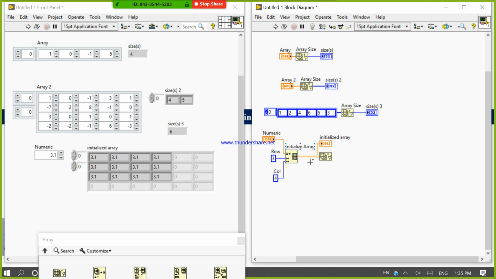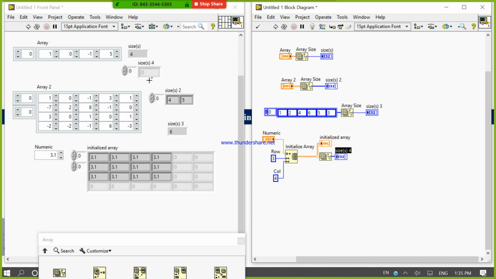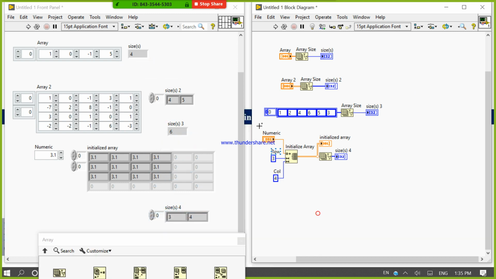Now we can design the 2D array also. And what will be the size? The size of this 2D array will be 3 cross 4. So it is an initialize array function.